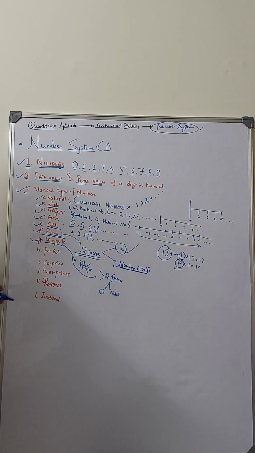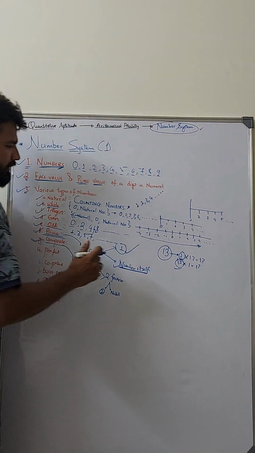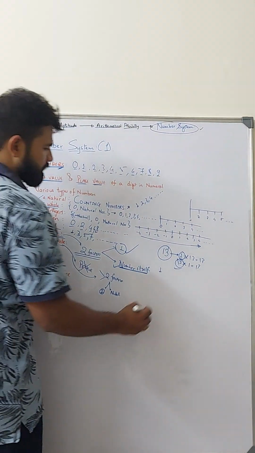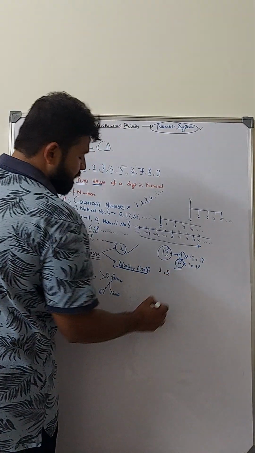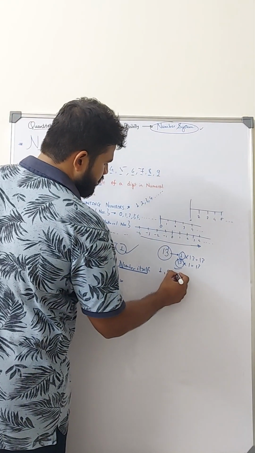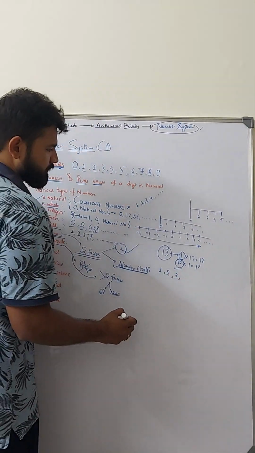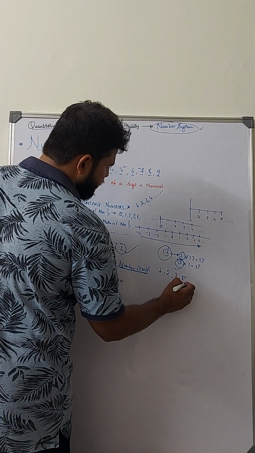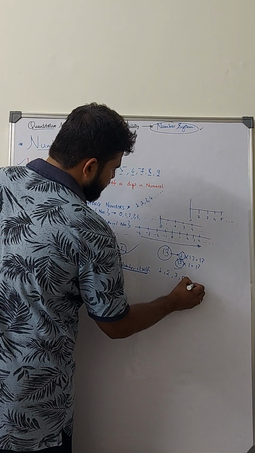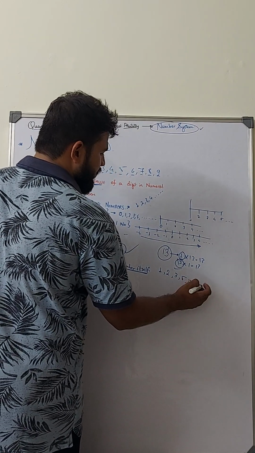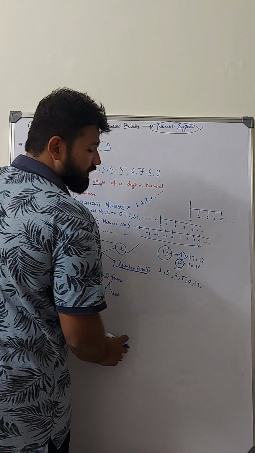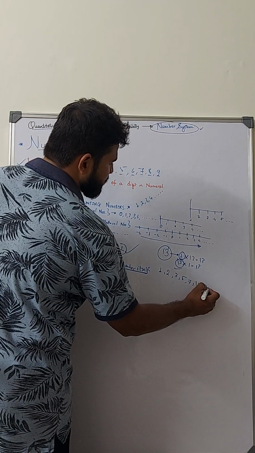For example, if we write the prime numbers series over here, 1 is a prime number, 2 is a prime number, 3 is a prime number, 4 no, 5 yes, 6 no, 7 yes, 8 no, 9 no, 10 no, 11 yes, 12 no, 13 yes,